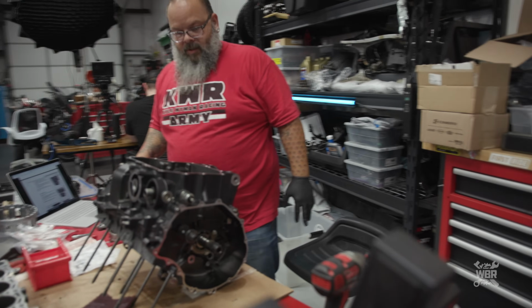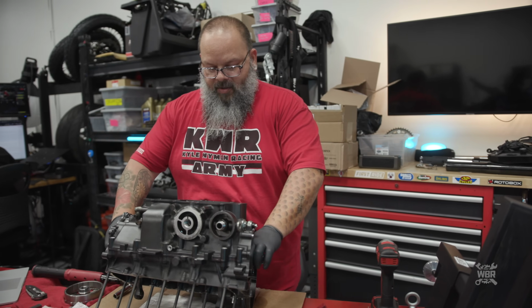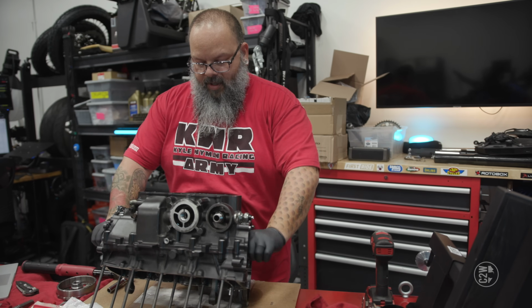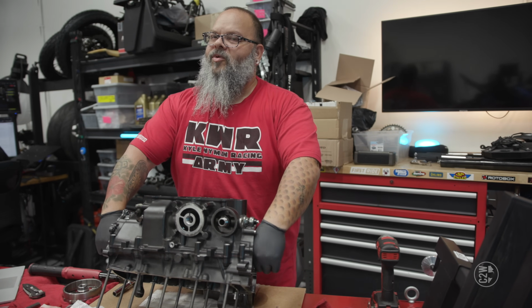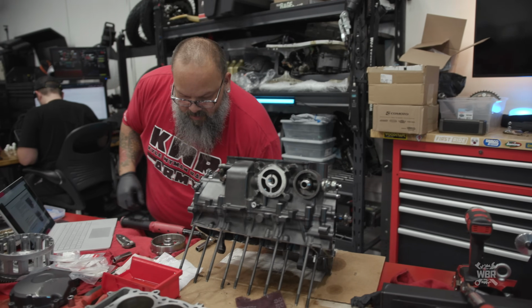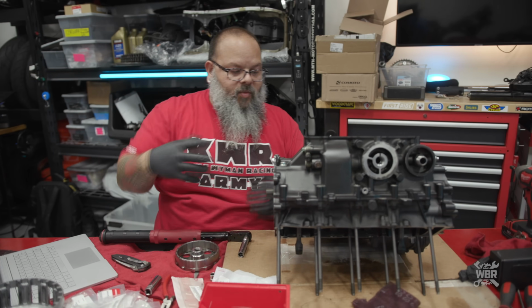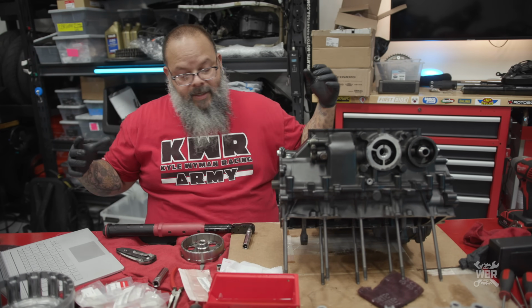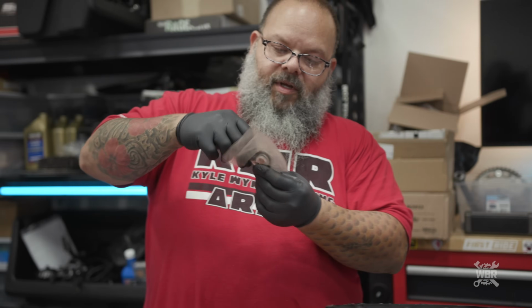All right, all the main journal hardware is now torqued, and the crank spins very, very nice and smooth. Very nice. Okay, moving on. So the next section of this is going to be install the small hardware that holds the cases together every place else. So in the manual, it